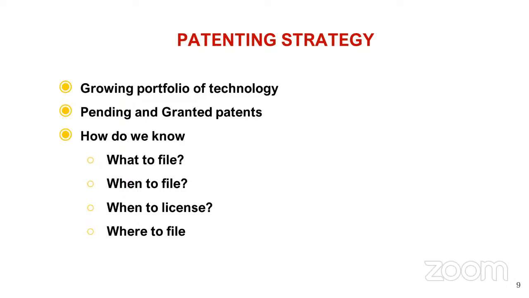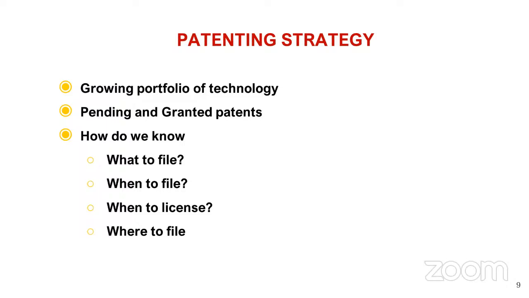So first we have to think about the growing portfolio of that technology. What is the current need in society? What is the current need of the world? The second one is the pending or granted patent. With a pending patent application that is still not granted, anyone can use your invention, and we are unable to sue the infringers. So first we have to get the patent application granted. After that, we can sue